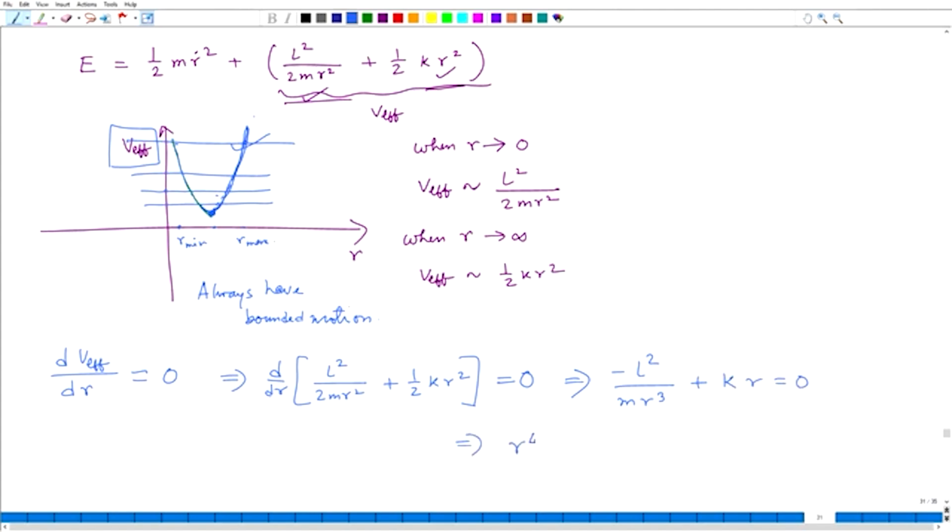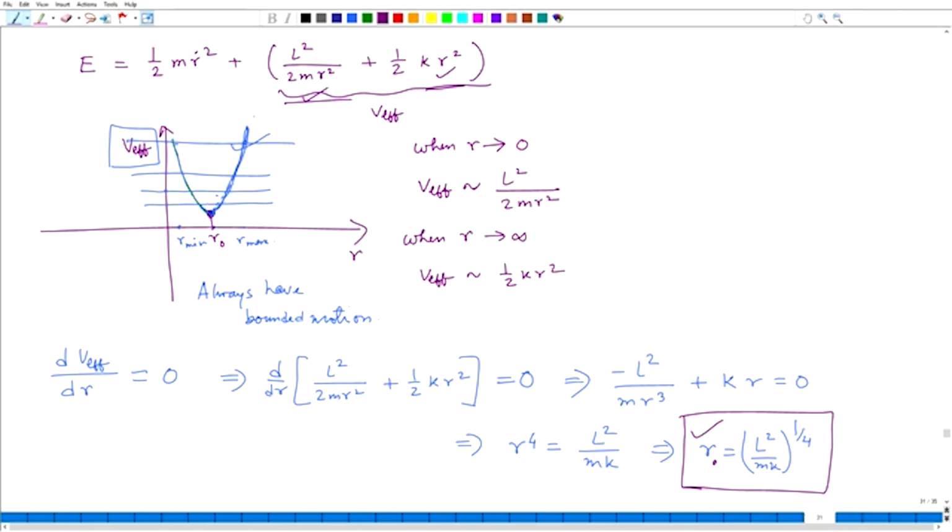and you have r to the 4 is equal to L square by m k, and r will be simply L square by m k whole to the 1 by 4. Okay. I call this R0. Now, remember what is the meaning of R0? So, R0 is the radius of the circle, which is the trajectory of a particle